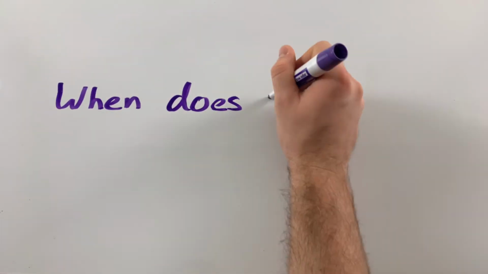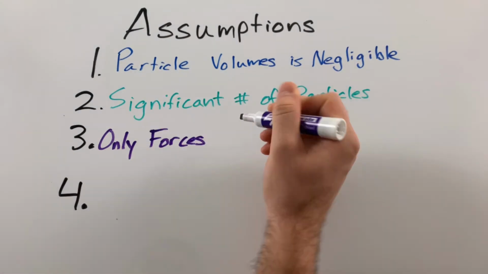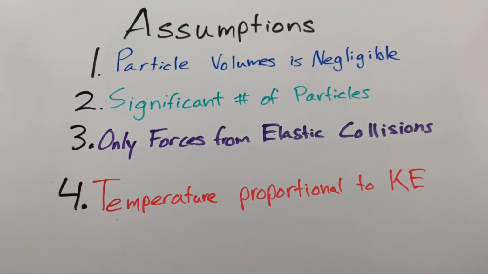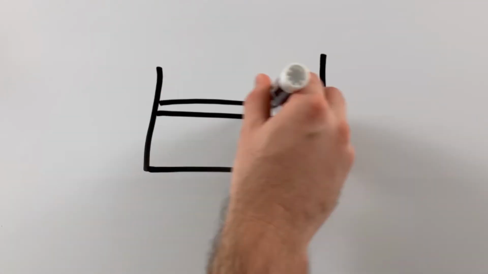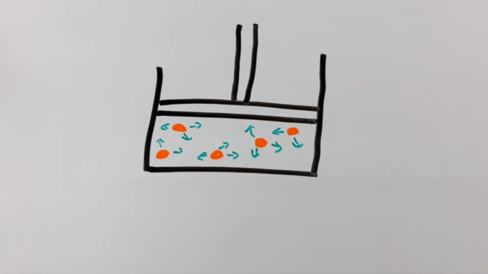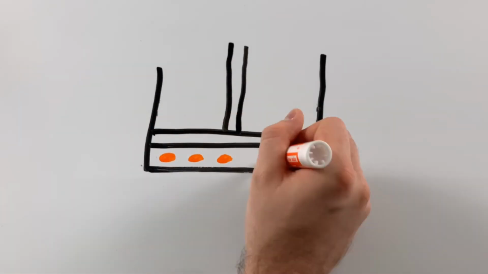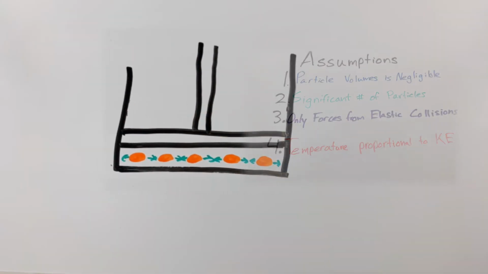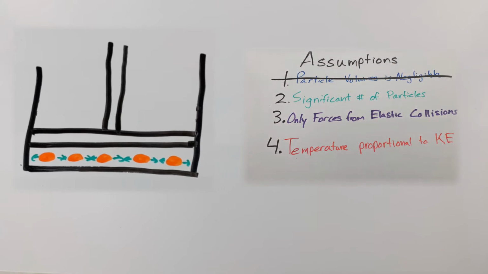So when does the ideal gas law become inaccurate? Well, that is when the assumptions we made no longer make sense for our given conditions, such as when gases are at really high pressures. At high pressures, the gas particles are so close together that we can no longer ignore their volume relative to the container. The number of collisions will be dependent on the size each particle takes up.